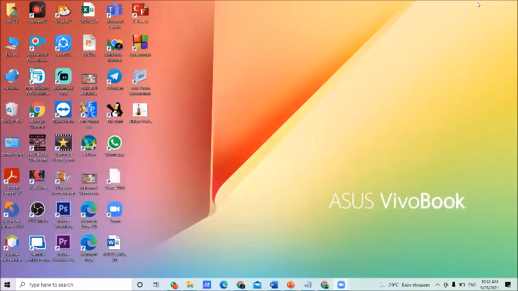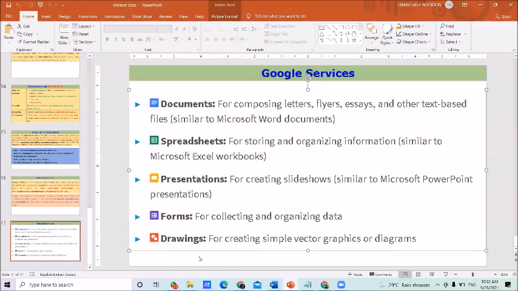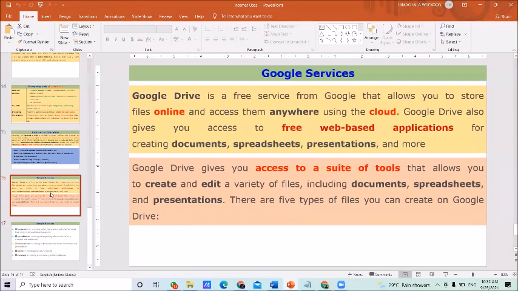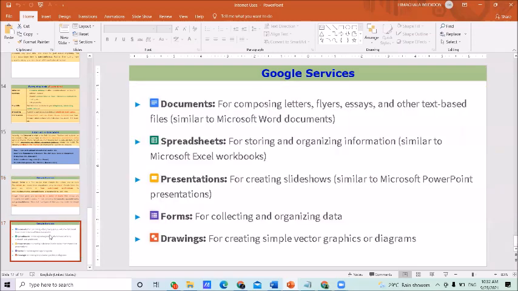Under internet services, we discussed Google services, and under Google services we learned how to use Google Documents, spreadsheets, presentation, and forms.